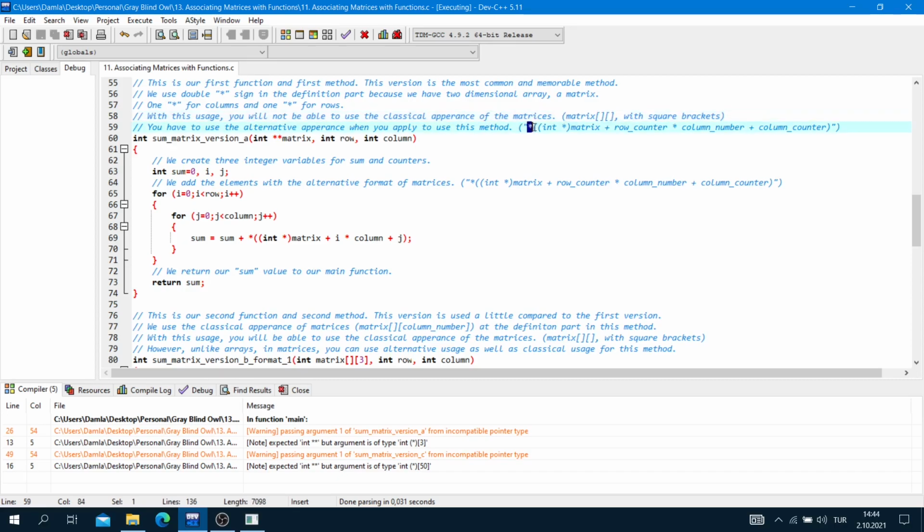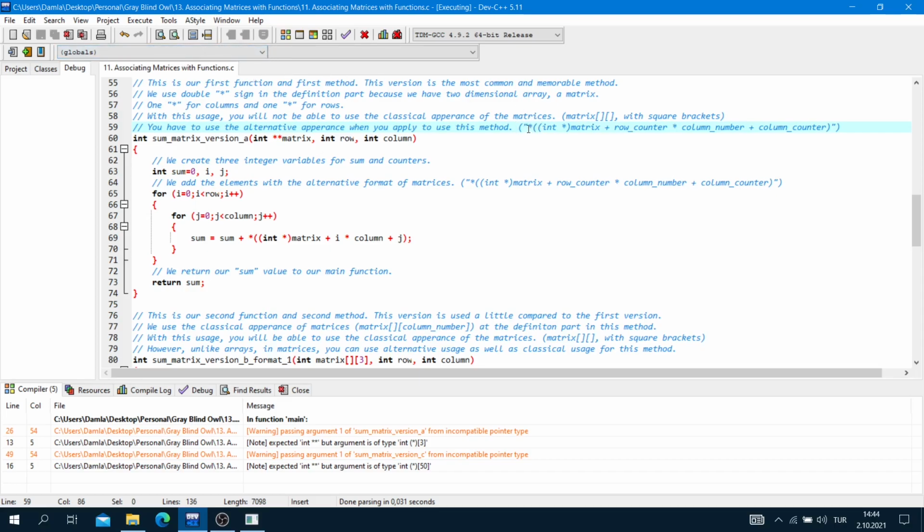Here, a reference. We used this method before in the 9th or 10th lesson, I guess.